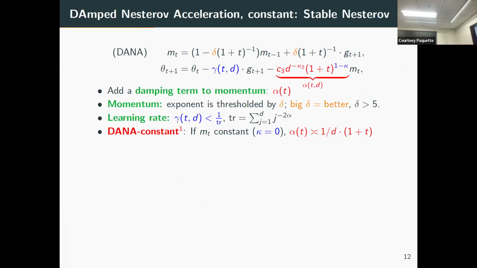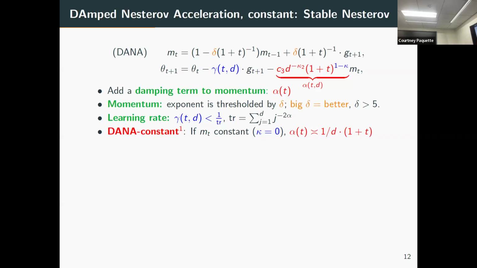Okay. So what's the natural thing to do? The natural thing to do is to damp your momentum. So add in a damping term to your momentum, which is distinct from gamma. So you don't have just one hyperparameter controlling both of these two terms. You want two of them at least. And you want to choose it in some sense so that these two are on the same order. Okay? That would be the idea here.